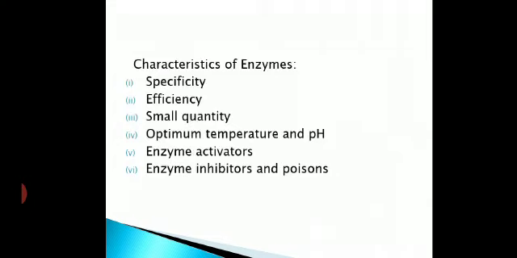Inversion of cane sugar, where the enzyme used is invertase. Sucrose, when it reacts with water, gives glucose and fructose. There the enzyme used is invertase, and the source of this particular enzyme is yeast. Conversion of glucose, C6H12O6, into ethyl alcohol and carbon dioxide takes place in the presence of the enzyme called zymase.